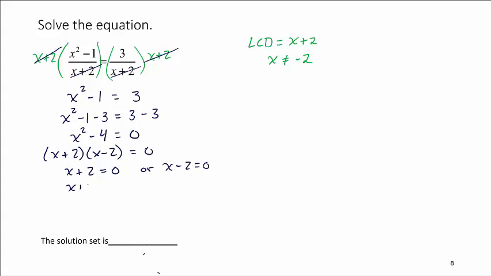So here, if I subtract 2 from both sides, I'll have x equal to negative 2. And with x minus 2 equals 0, if I add 2 to both sides, I'll have x is equal to 2. Okay, and do both of those work? Yeah. Actually, I'll also say